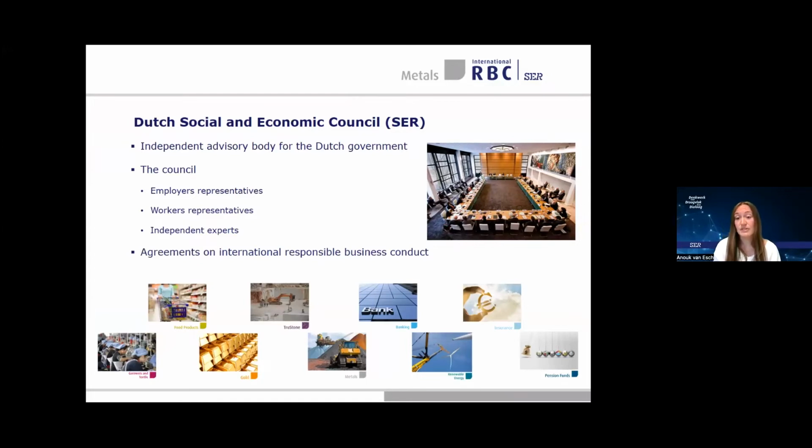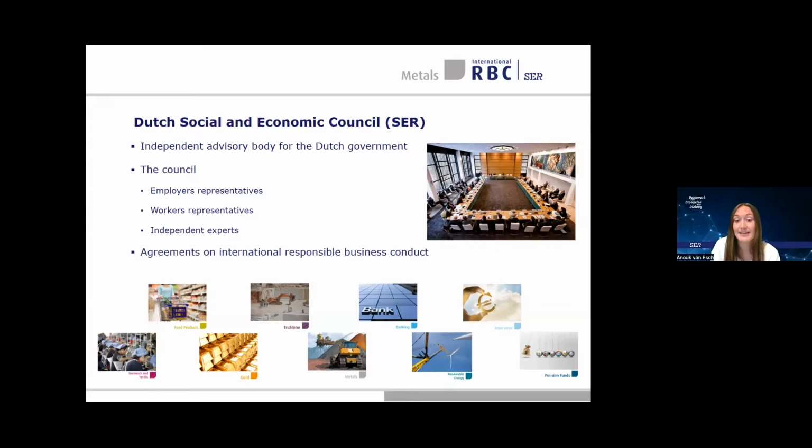Next to the council, the SER is also engaged in other activities, among which the facilitation of different multi-stakeholder agreements. And some of these agreements are agreements on international responsible business conduct. So on this slide, you can see all the IRBC agreements that the SER facilitates.